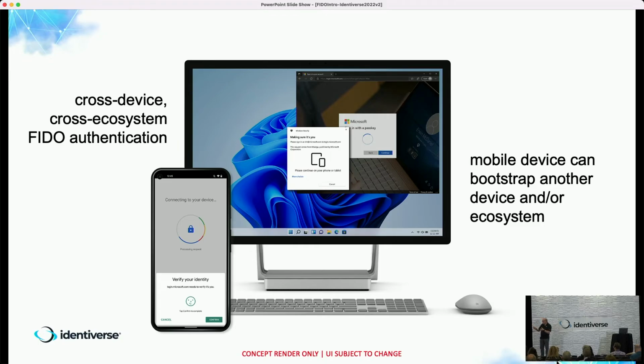Well, I'll be able to use my iPhone to authenticate on that machine and then create a credential on that machine if I wish. So the passkeys, the Fido credentials, are no longer bound to a single device. The system is being built so that they can be shared across your personal ecosystem and between your devices.